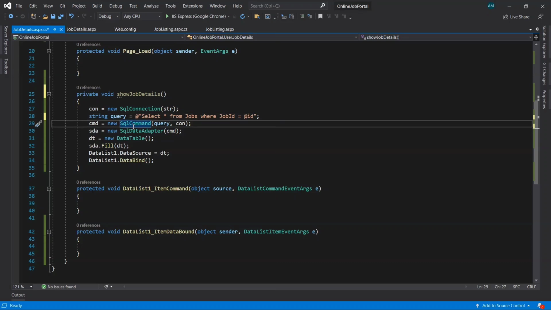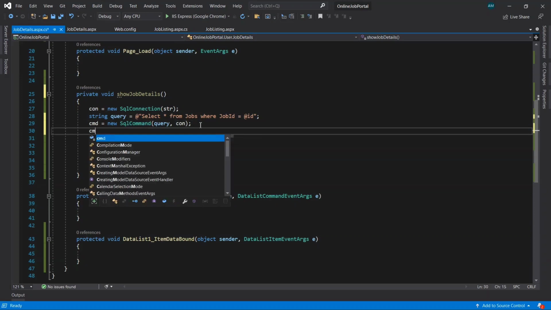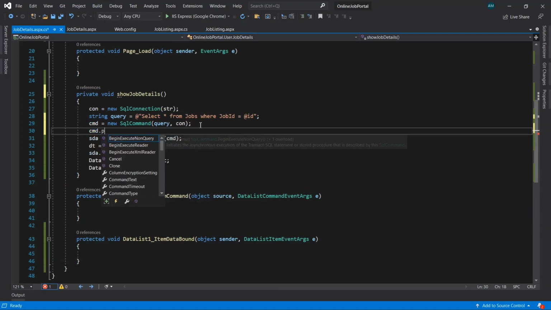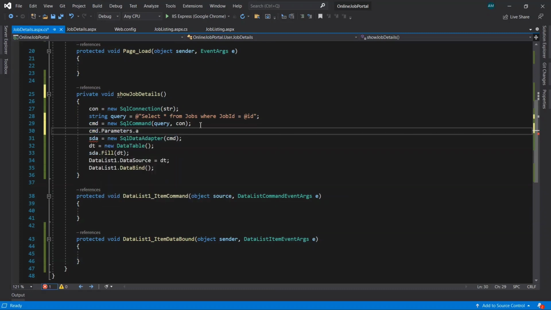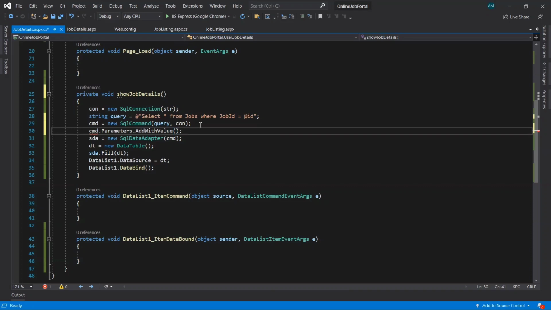Now here after the SQL command, enter cmd.Parameters.AddWithValue. Within double quotes we need to pass the parameter id, the scalar variable.